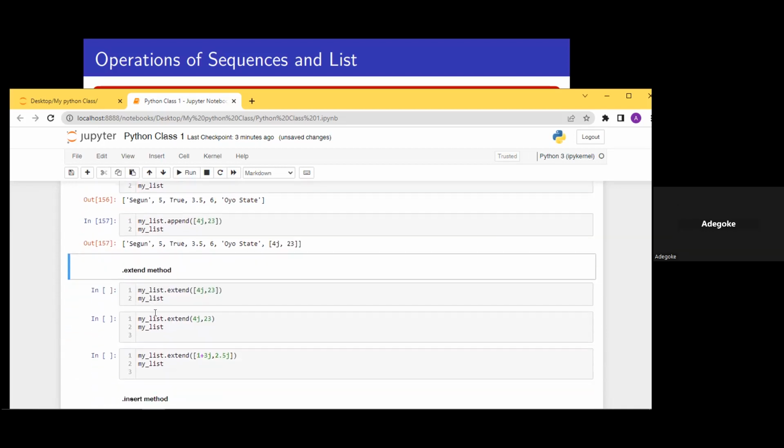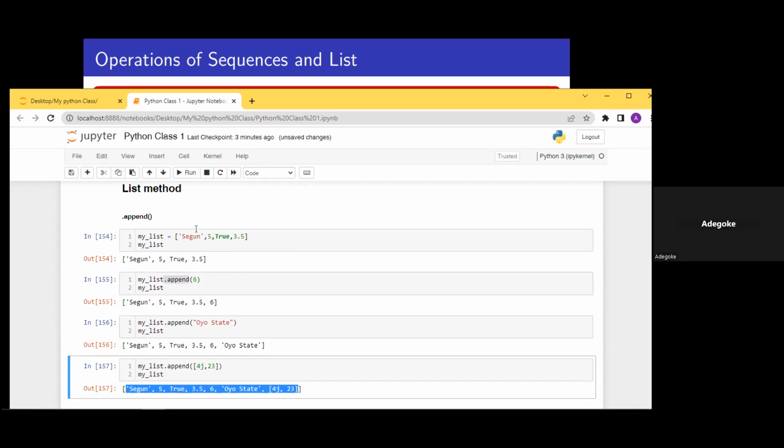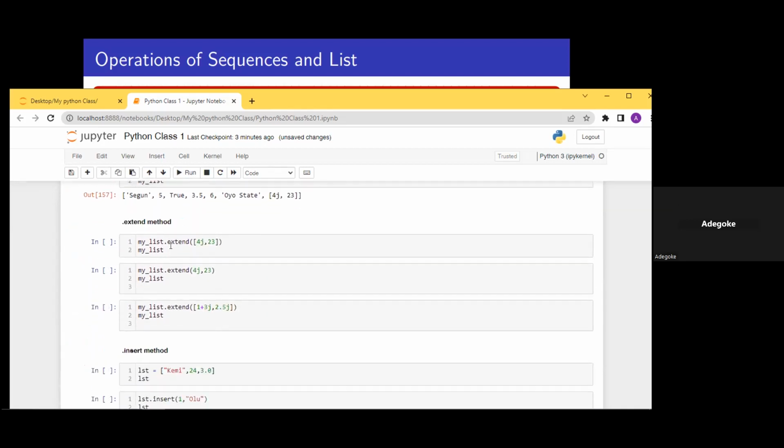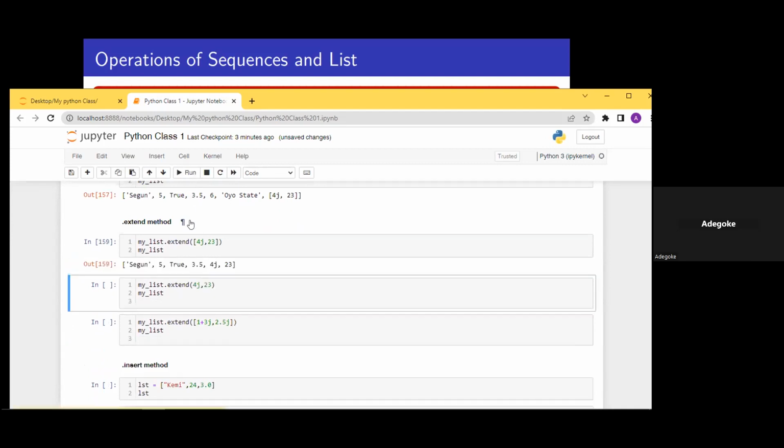We have another one called the extend method, which is still the same thing. You extend your list. It works similarly to append. Let me run the list again. I want to use the list Segun, 5 and true. So let me add this vector to it. We can see Segun, 5 and true with this list. We can see the new list. It has added 4j and